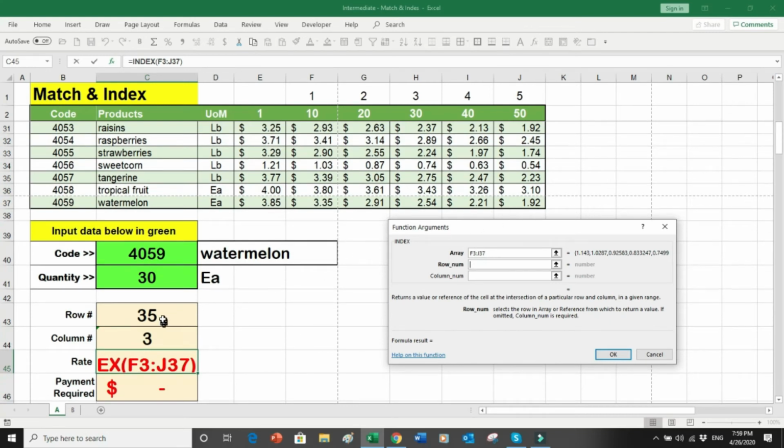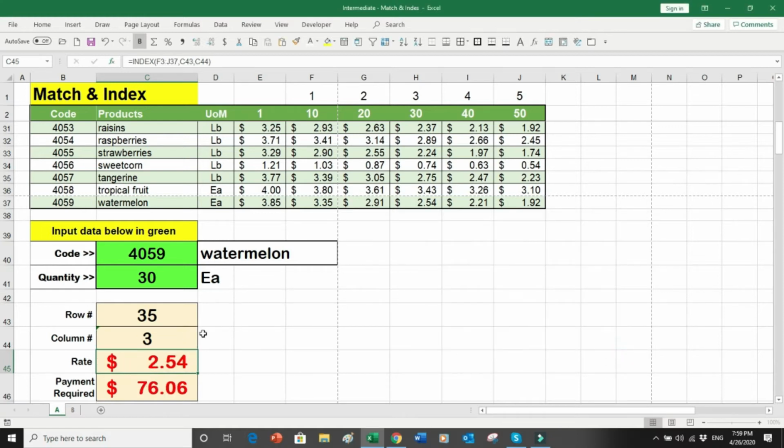I will say read C43 for the row number, and for the column number, read the value in C44. That's all. And I will say okay. And as you can see, it says 2.54, which we have identified over here. Yeah, 2.54. And this is a simple formula which says